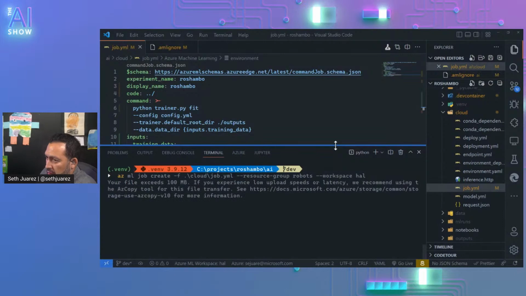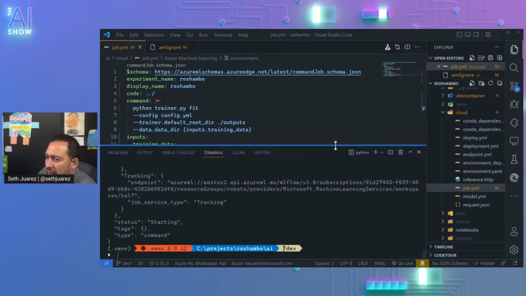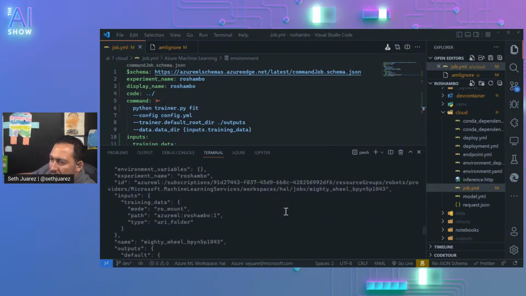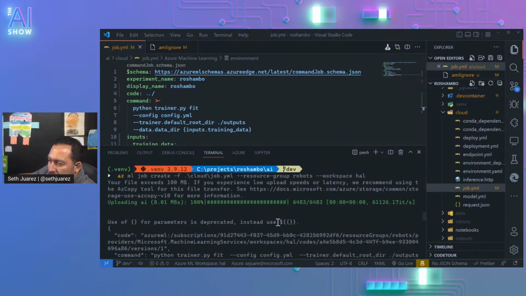Here we go. What file exceeds? I'm trying to understand which. Oh. It says use this instead. Oh.